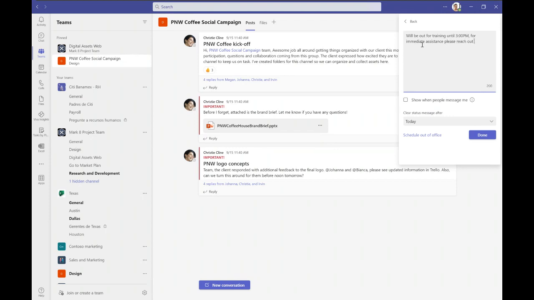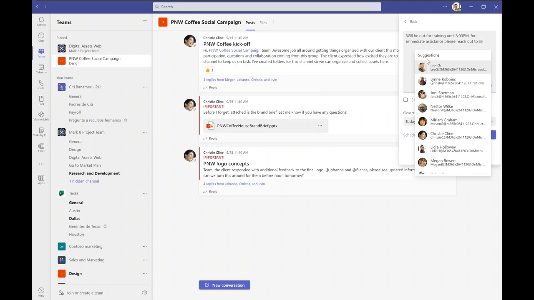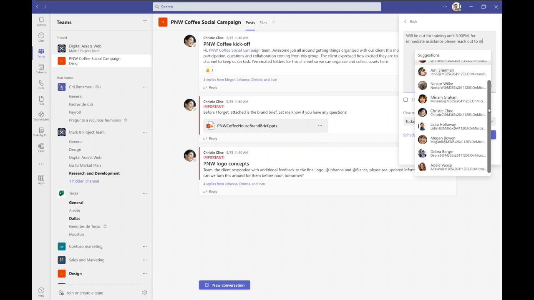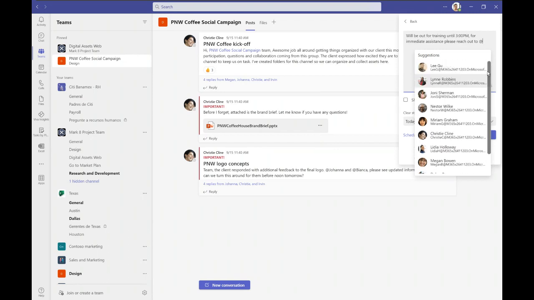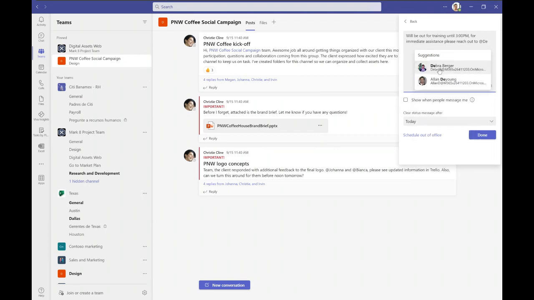Please reach out to, and at this point, we want to @mention somebody so that our team has someone to get in contact with in Isaiah's absence here. So what I'm going to do is hit the @ symbol. As soon as you do that here in Teams, it automatically knows that you'd like to @mention someone. It'll pull up some suggestions for you here. If you don't find that individual here in this list, you can just type out their name. So I'll just type out Deborah, and it's going to find that individual,